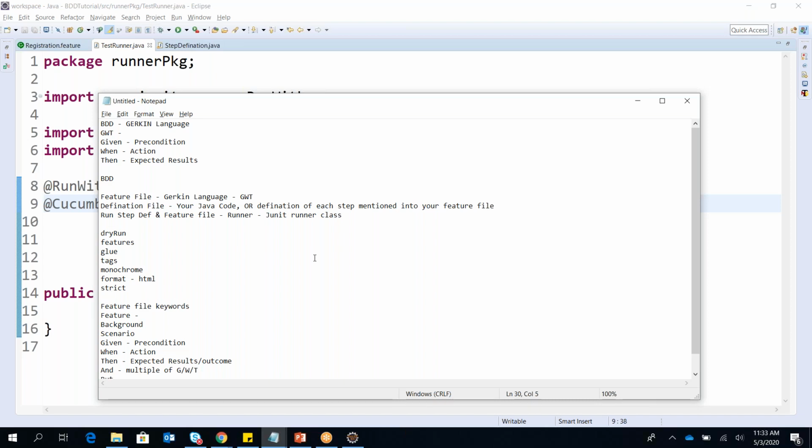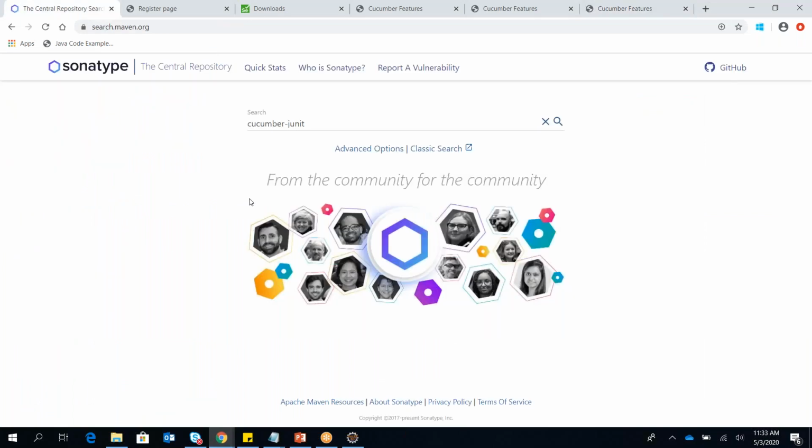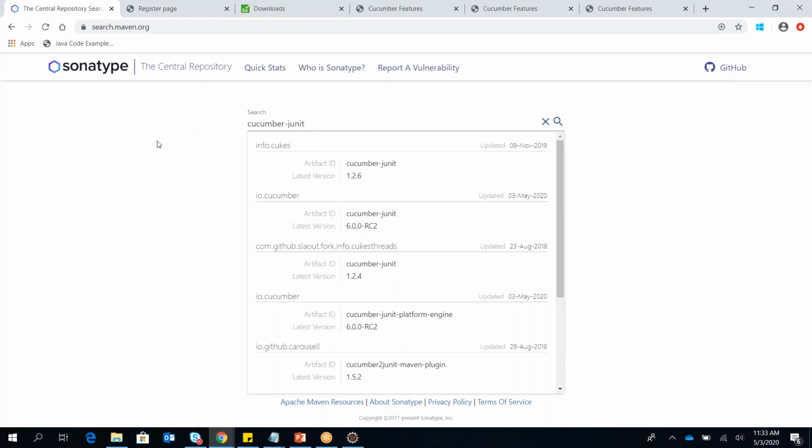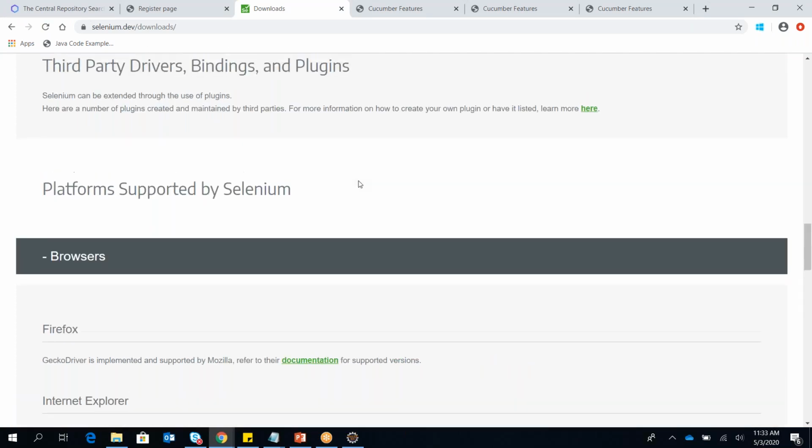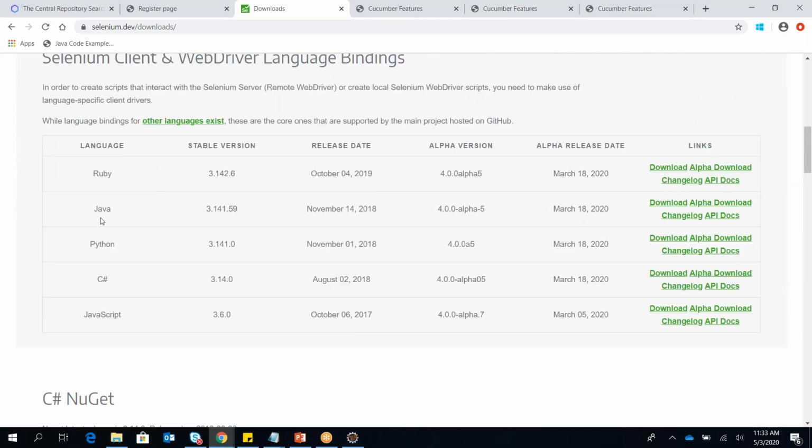I said to execute your BDD, you need some prerequisites. So prerequisites are, you need your libraries, that is Cucumber libraries. You can download it from FindJar or from any other site. You will get all your libraries here. Once you get all the libraries, though we are working on Selenium right now, we need a Selenium library. So you need to go to the Selenium site and download the library or the language binding which you need to add. For example, we are working on Java, so Java. If you're working on C#, then we need C#.